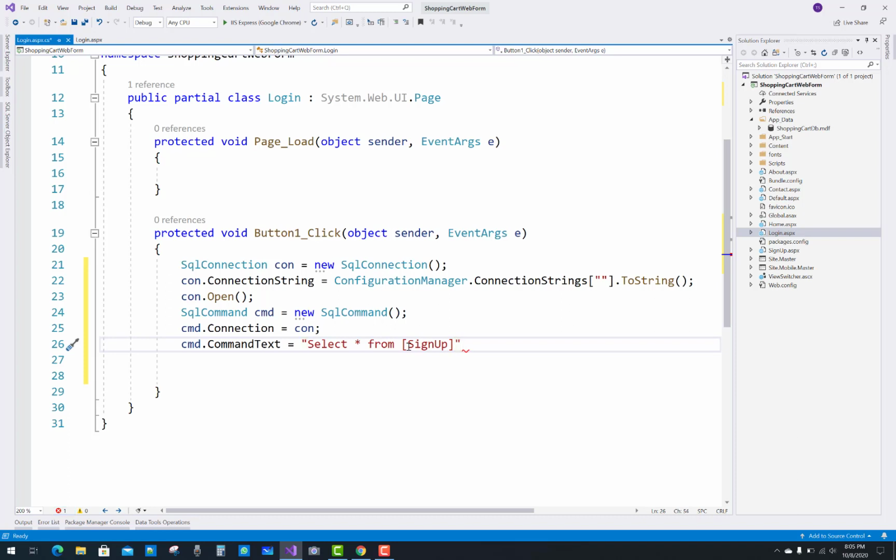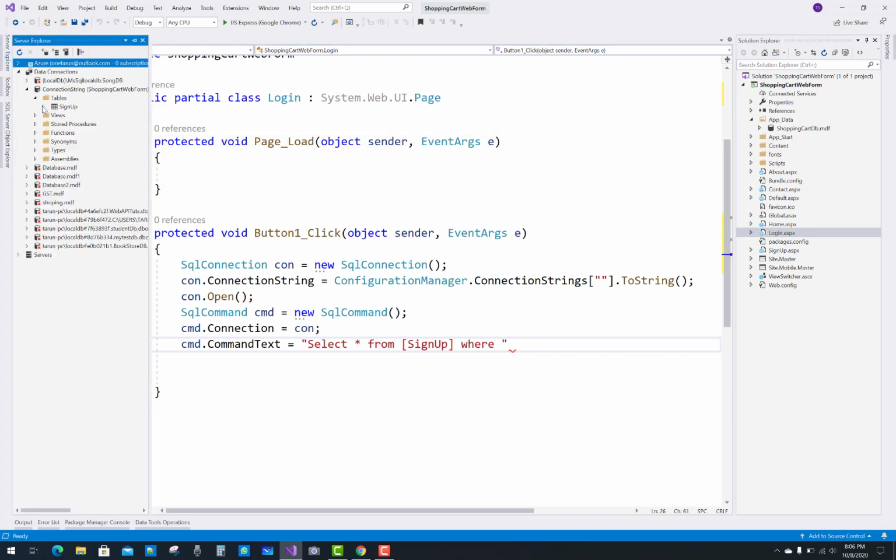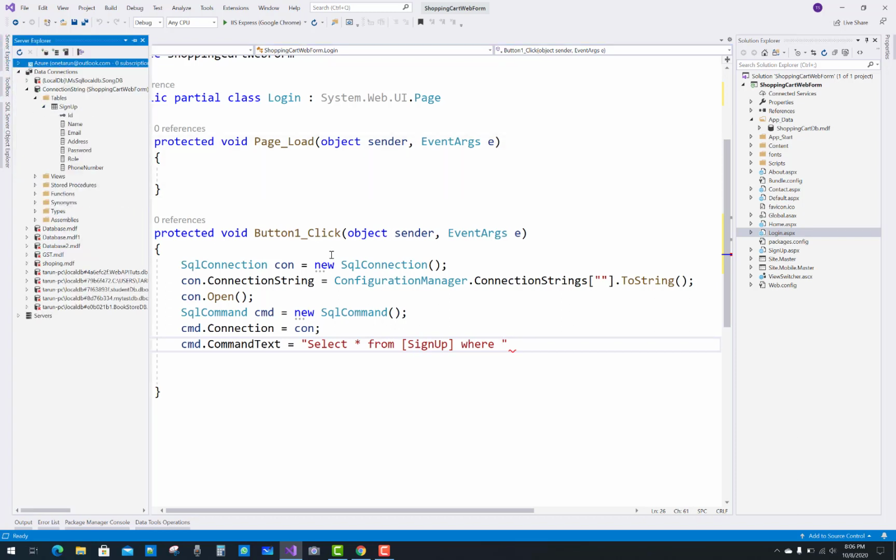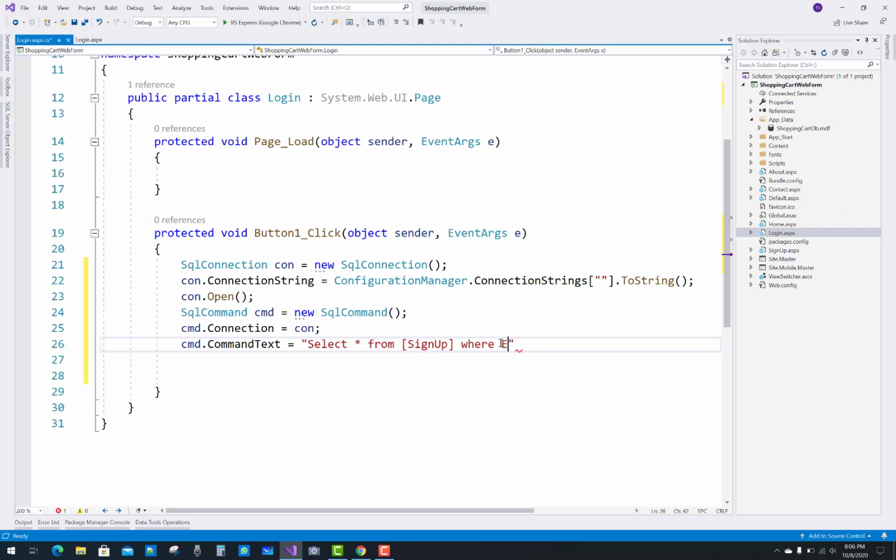Okay, so also use the where clause. Where email equals @email, and password equals @pass.